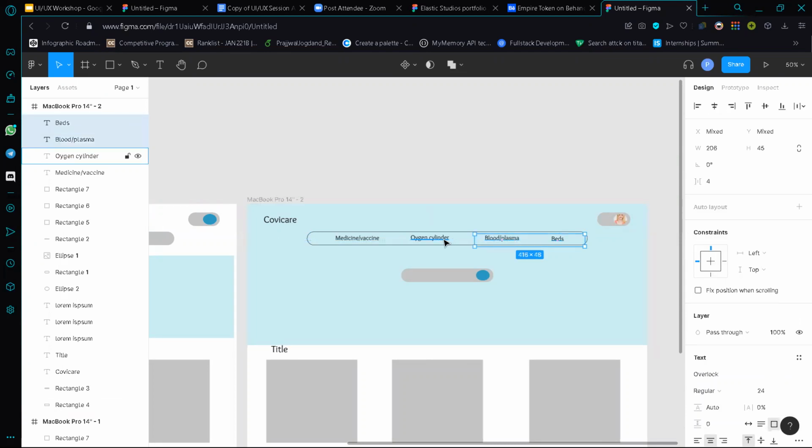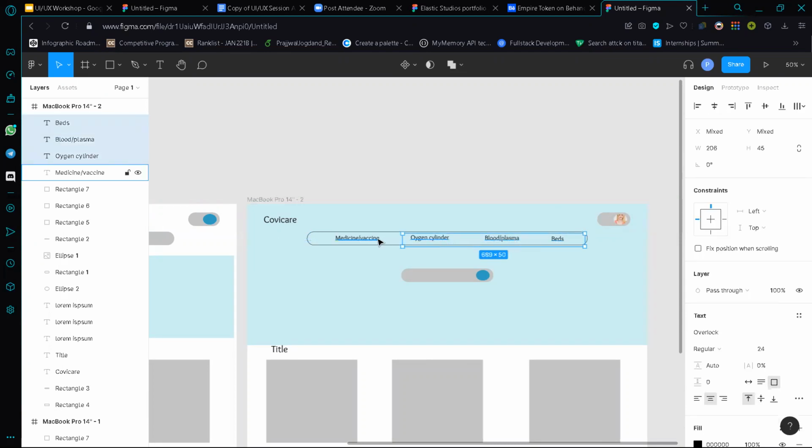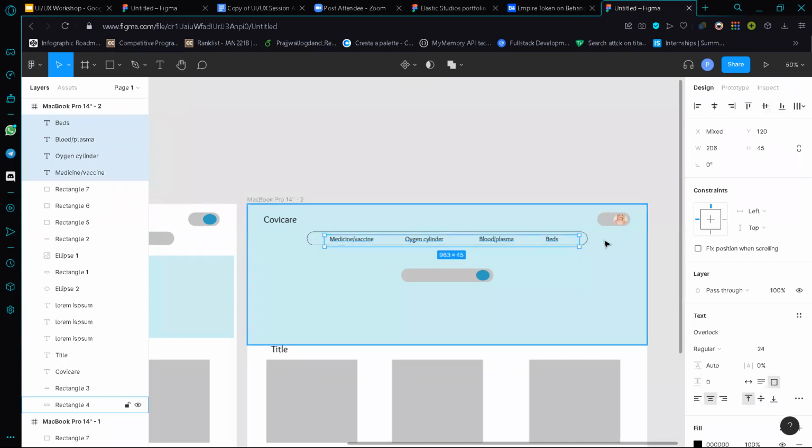Select it, click on all the components, holding shift, you can select many things at once like this. At the bottom,